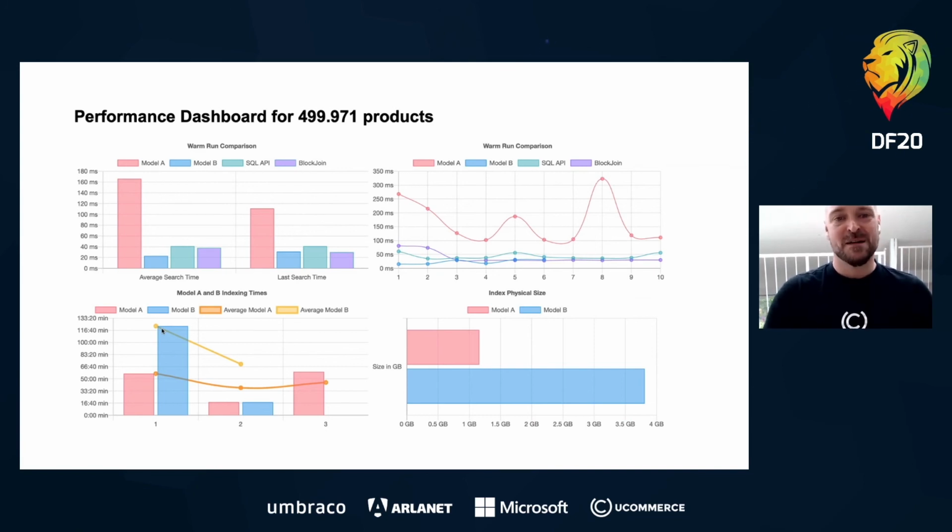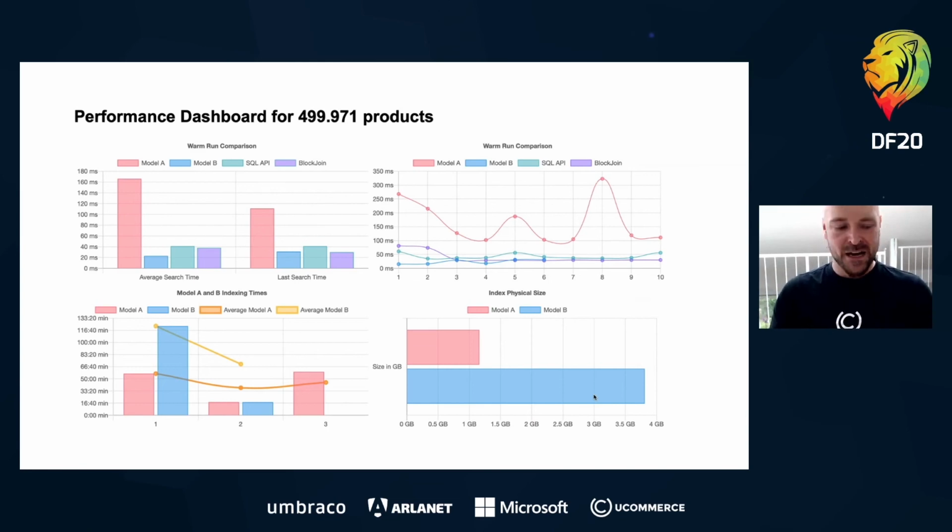So there is indexing time, of course. Also, there is a storage cost associated with it because we now have data sitting here and we have data sitting over here. And of course, we need to store those indexes somewhere. By default, they will be stored within your Umbraco instance. If you use the Lucene provider, this is exactly as you're used to with Umbraco.